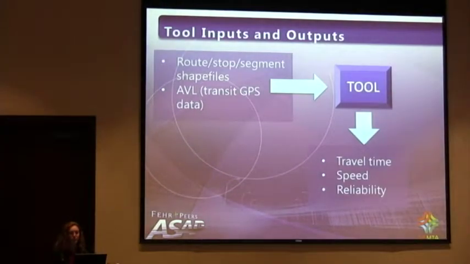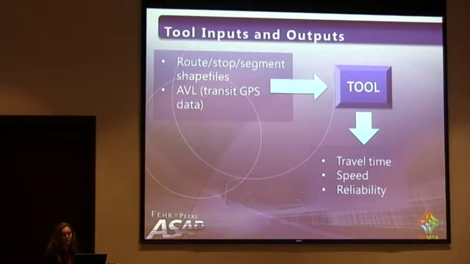So now I'll get into a little bit of a description of the tool, the Reliability Plus tool. The tool takes as inputs route, stop, and segment shapefiles. The user has the flexibility to define the segments of the route that they want to analyze. The tool also takes a raw AVL text file as an input. The tool operates on an ArcGIS platform and uses Python scripts to clean the data, organize it, aggregate it, and